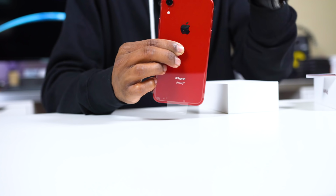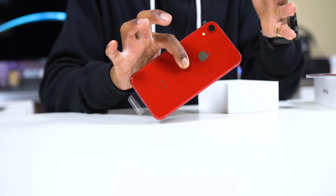Why did I pick red? Red is my favorite color. Although, I really like the look of the coral one. The coral one's looking nice. That orange, peachy looking one, that one's looking A1. Literally, I think after grabbing the red, I was kind of like, man, maybe I should have grabbed that one. But at the end of the day, red is my favorite color. So, bam, red on deck. Let's go ahead and do the